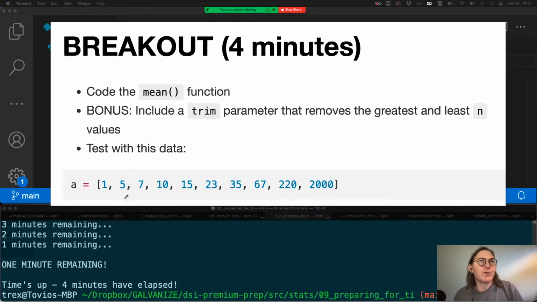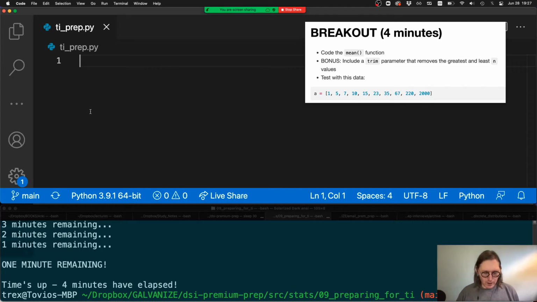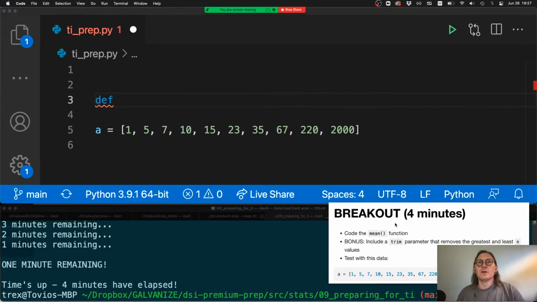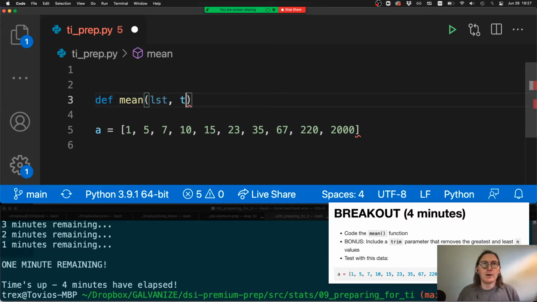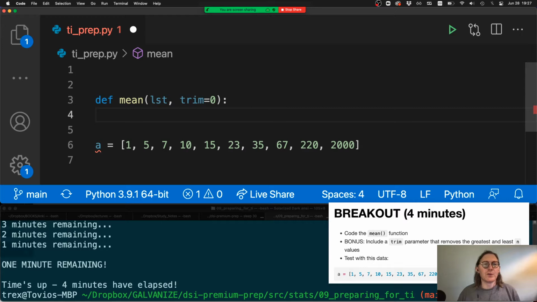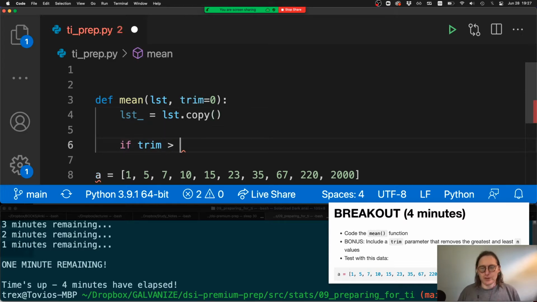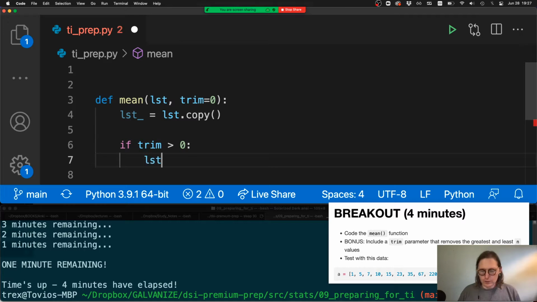Okay, so I'll just code through this very quickly. Here's our toy data, and this is a mean function. I'm going to make this a little bigger. Say def mean, and we're going to pass in a list, right? There's an optional trim by parameter, so this trim by 0 by default, and then here I'll make a copy of the list, and we can say if trim is greater than 0, then we will sort the list